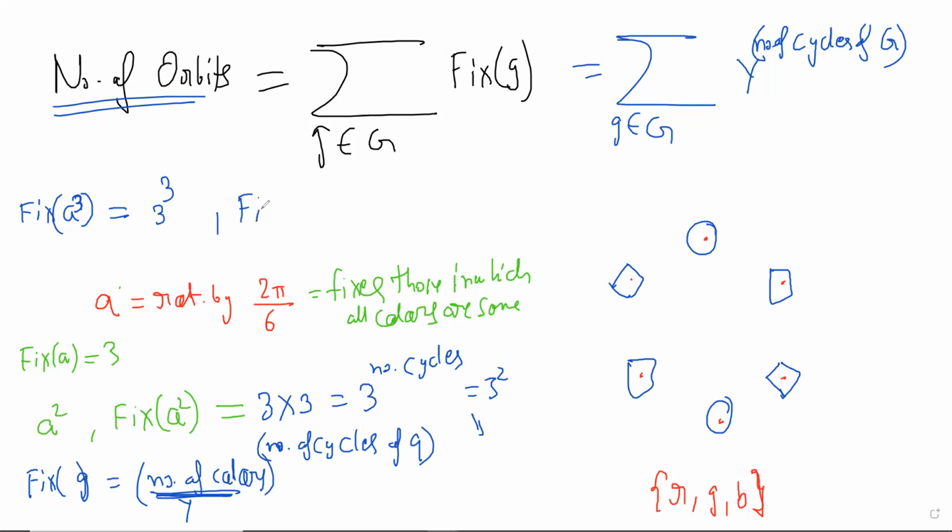Now in general, if you could find the formula for the number of cycles of a to the power i in terms of GCD, then the problem would become much simpler. But again, you have to do some number theoretic work there. Okay, but all this can be made. What about a to the power 4? Someone else can say the number of fixes of a to the power 4.